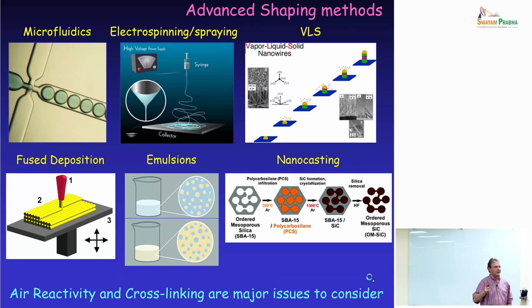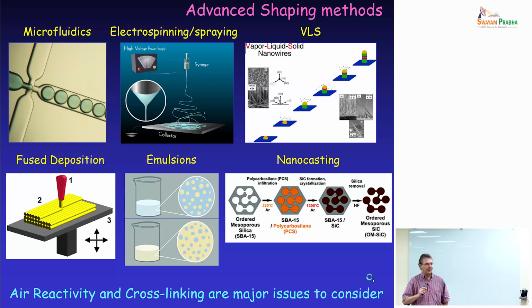During pyrolysis, you can catalyze the decomposition of the material specifically to form nanowires. And that's quite interesting for certain applications. You can also do emulsion processing, and you can do nanocasting. You have to be aware that besides cross-linking, so after shaping you need to cross-link, otherwise you will lose your